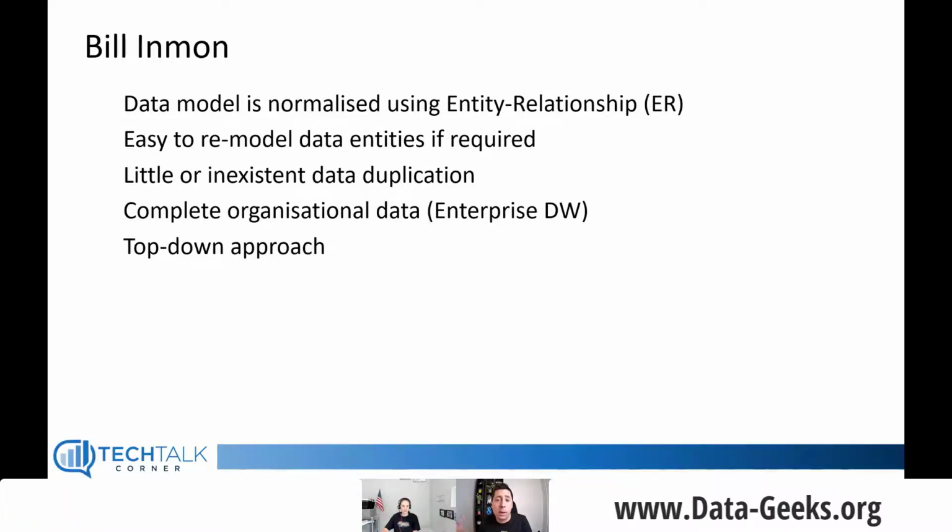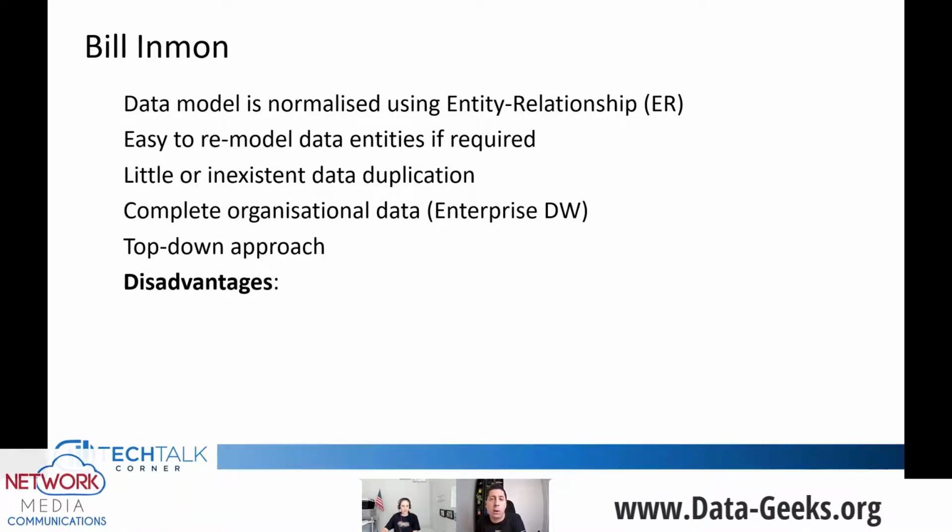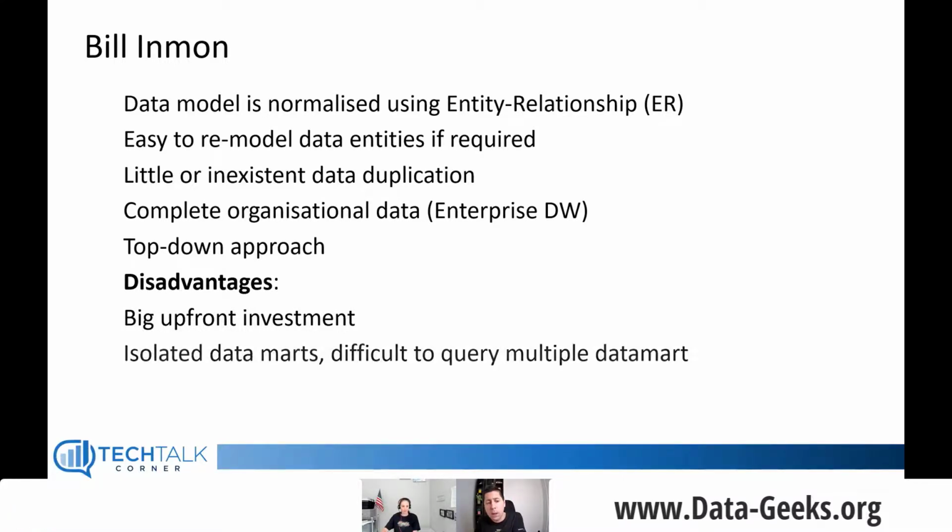You can think, okay, if we need to build the whole data warehouse for the organization and then enable BI capabilities, that's certainly one of the key disadvantages that we need to highlight. There'll be a big upfront investment. And then it's actually recommended that you still go and build those data marts using a dimensional data model. That will be our next example with Ralph Kimball.